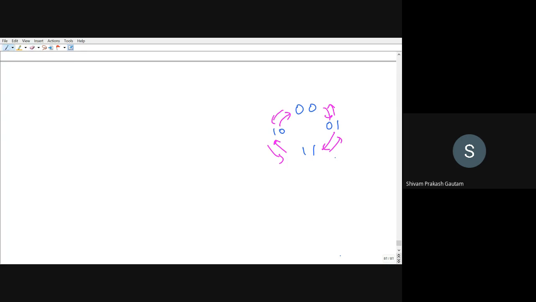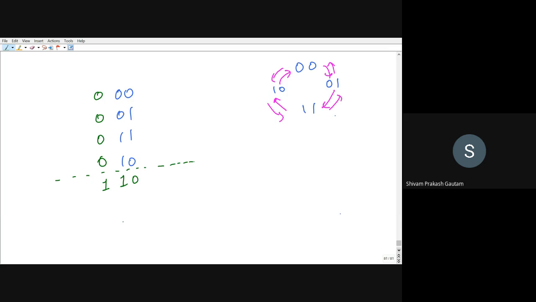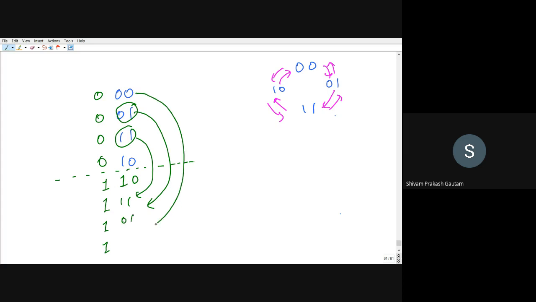The 2-bit gray code was 00, 01, 11, 10, right? Now we want to write 3-bit gray code. So for 3-bit gray code, we will add one more digit. So let us say that the third digit is 0, 0, 0, 0, and then it will become 1, right? And then 1, 0. So you can draw a line here, and then this will be the mirror image again. So this one will remain the same for the next 4 digits, and then the mirror image will come there. So 1, 1, this 0, 1 will come here. So this will be 0, 1, and this 0, 0 will come here. This will be 0, 0.